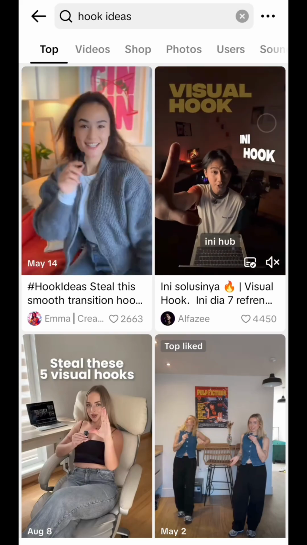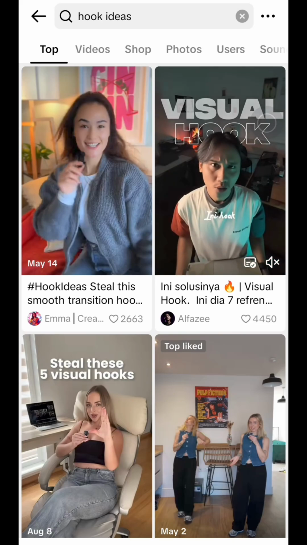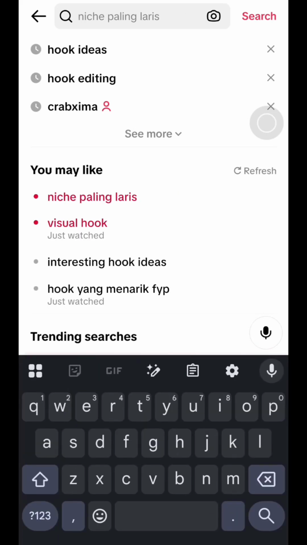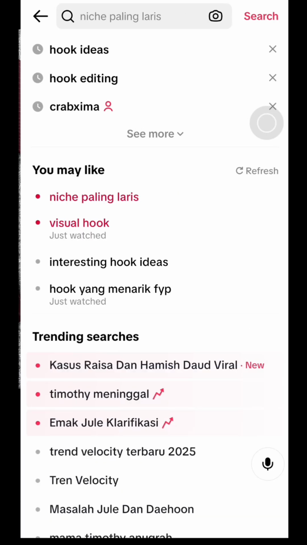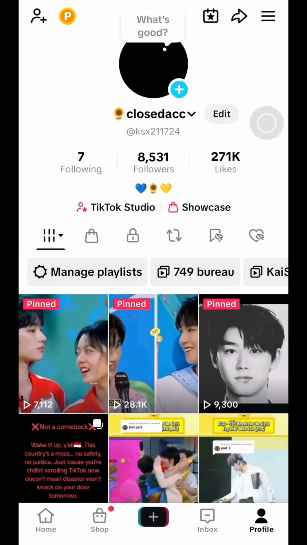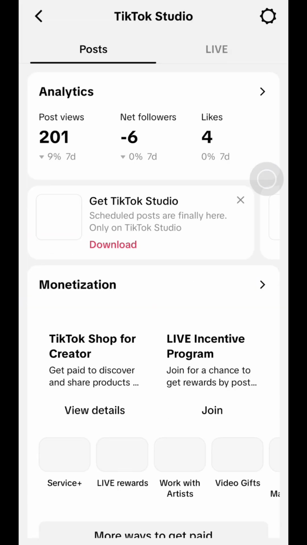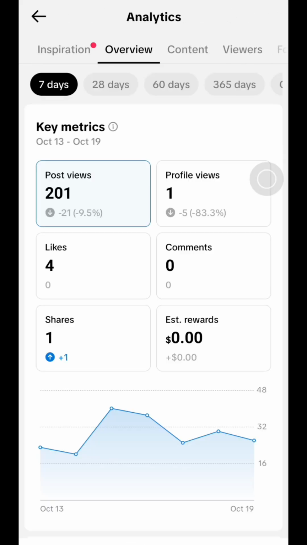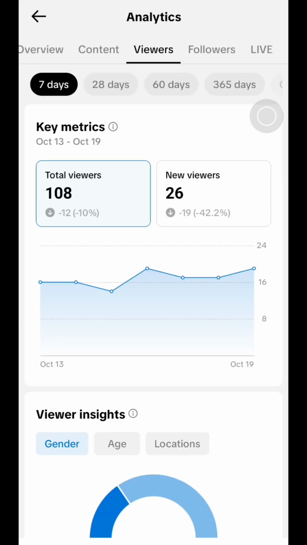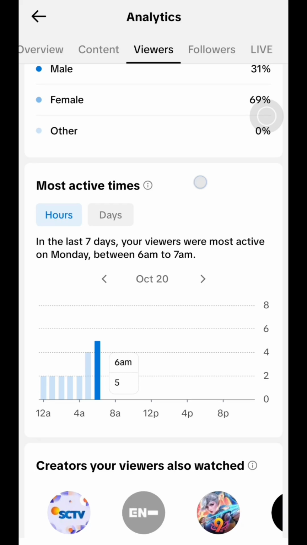And then step 4, post at peak viewer times. It's about the timing to post. Just go to your TikTok Studio, this one, and then tap on analytics, and then tap on viewers, and then just scroll down until you find the most active times section, this one, and then just check when your viewers are